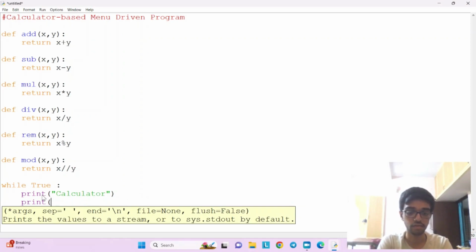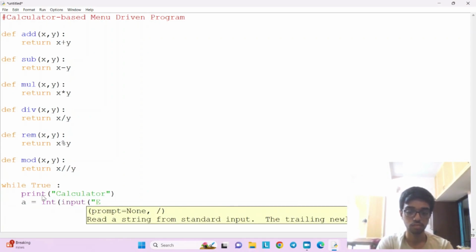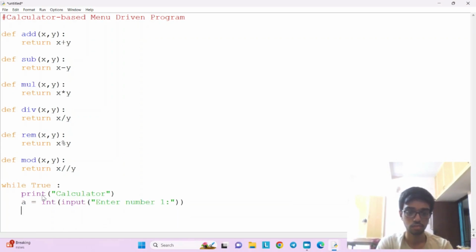Before that, I'll have to ask for two numbers, right? Where a and b here are accepting the inputs in the form of integers.